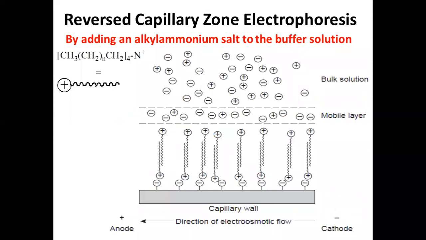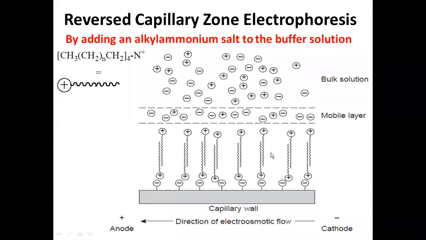This order of elution can be reversed. Very simply, they can be reversed. That means first we can make anions get eluted, then neutrals, then cations. How to do this? You take a capillary tube. Into the capillary tube, a buffer solution is immobilized. A buffer solution having known ionic strength, containing known concentration of the species, we can use as a conductive medium.